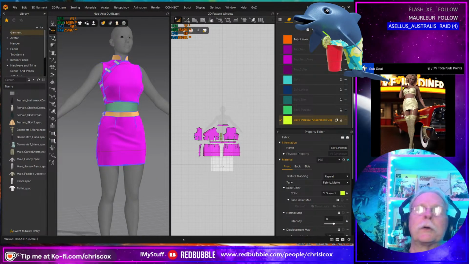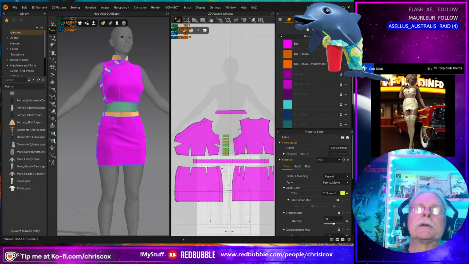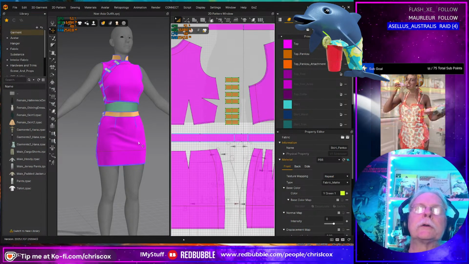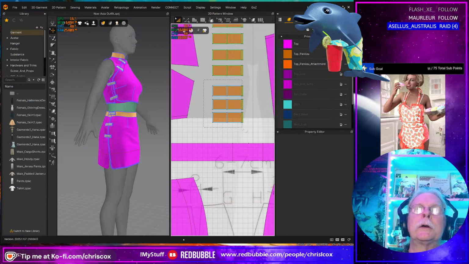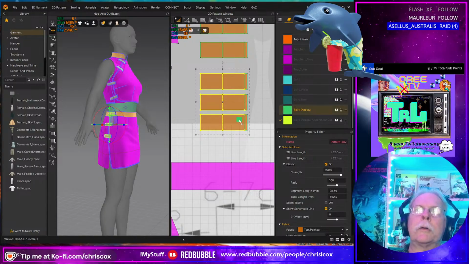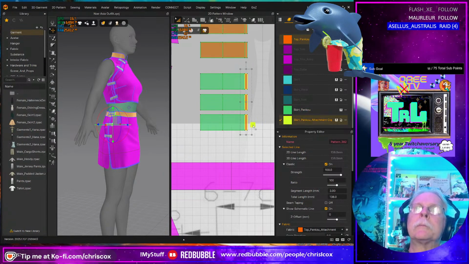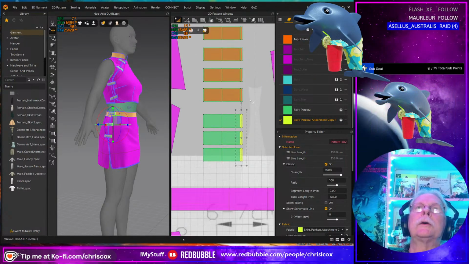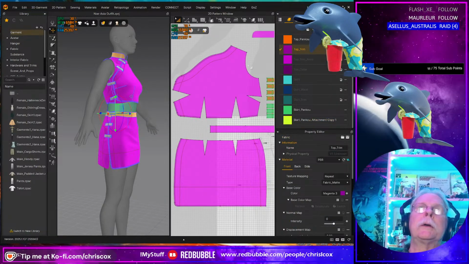Okay, not as crazy as some other things. Okay, now we just need to start applying this stuff. Those are good. So these ones right here are those. Those are the little attachments. Is good. Top trim.